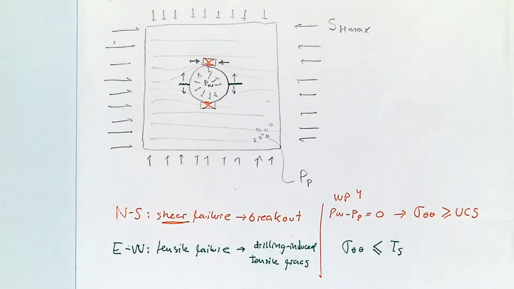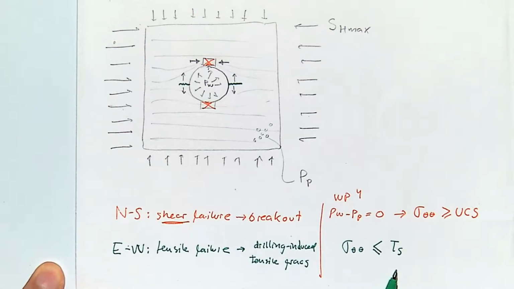So tensile failure and tensile fracture is not the same thing? Tensile failure is just a type of failure of the rock, and a tensile fracture is a type of fracture. Okay, so tensile failure leads to tensile fractures. So that hoop stress is smaller than tensile strength. Yes. So what happens here? You have a tensile fracture if it's smaller than the tensile strength. Yes, because